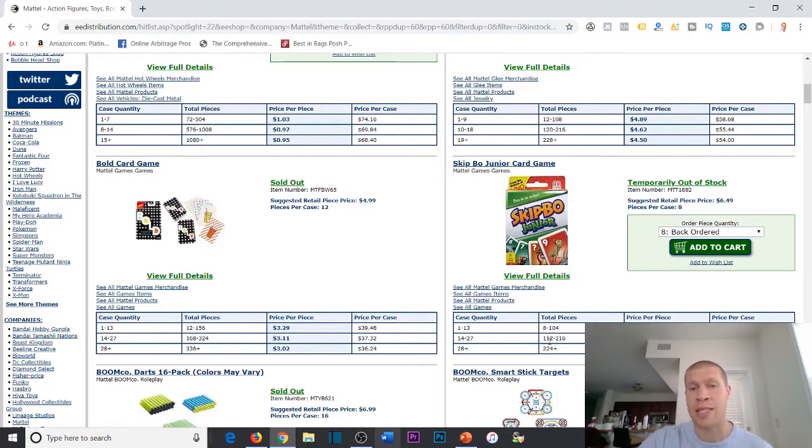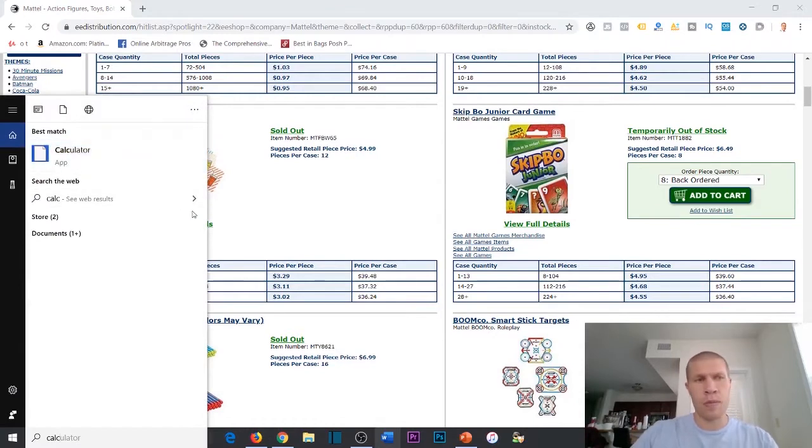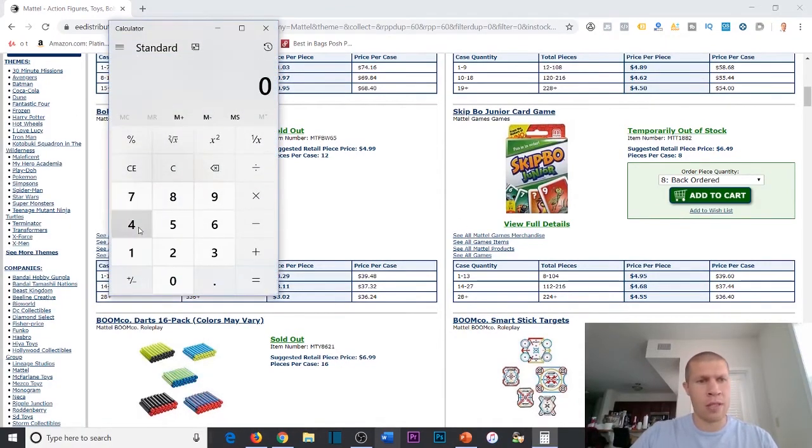So if you were buying a case of these at 10 of them, you'd end up spending $4.95 times 10, which if we pull the calculator up really fast, pull it up and do the math. So what is it? $4.95 times 10. It would then cost you $49.50 to get ungated for Mattel by simply buying 10 of these, shipping them into